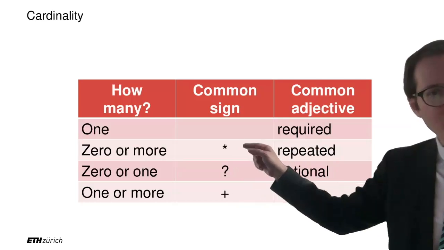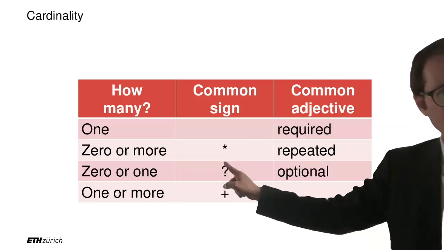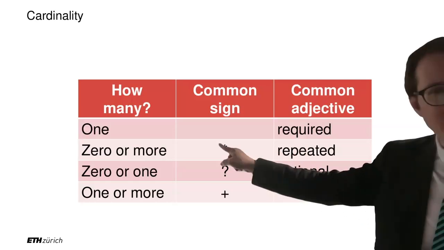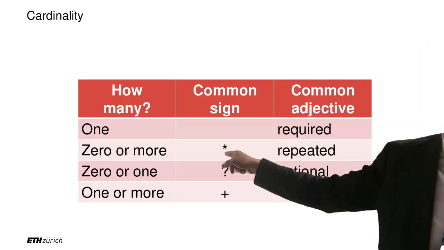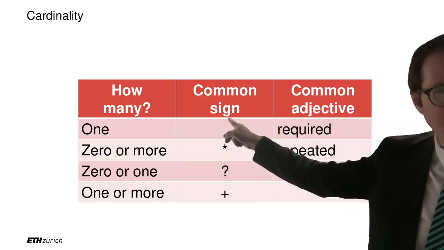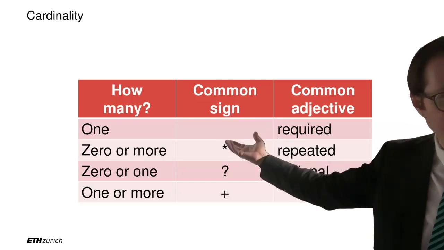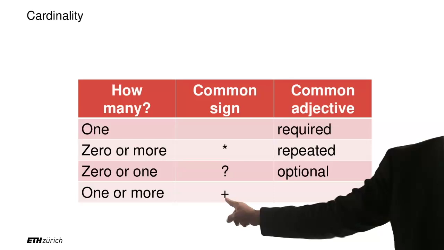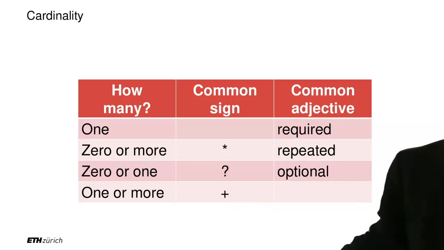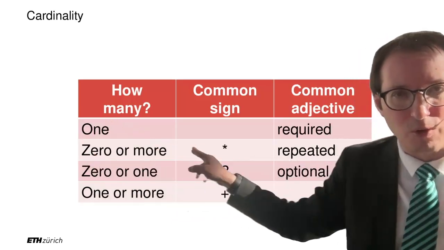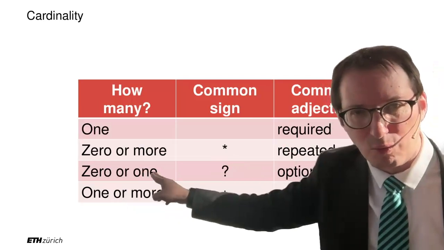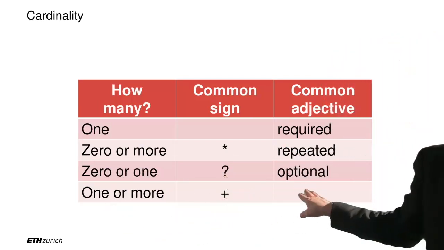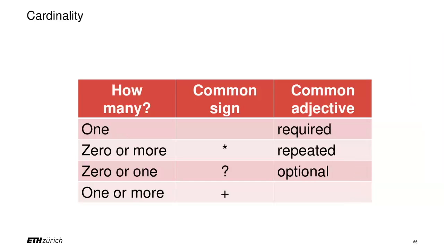The symbols that go with it are very often, for an optional, the question mark. When it's repeated, it's often the star. And for required, like in JSONiq, we don't put anything. So the default is exactly one. And plus is when it's repeated, but it cannot be zero. Then it's one or more. And you see, 0 or more, or the star, repeated; 0 or 1, or the question mark, optional; 1 or more, or the plus, doesn't have a keyword in protocol buffers.